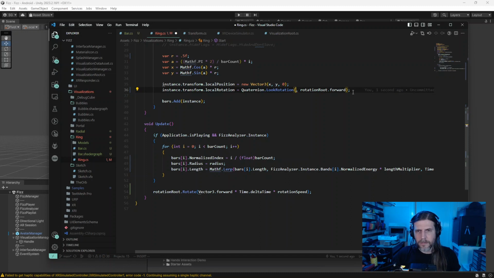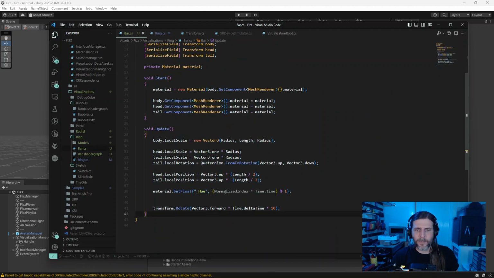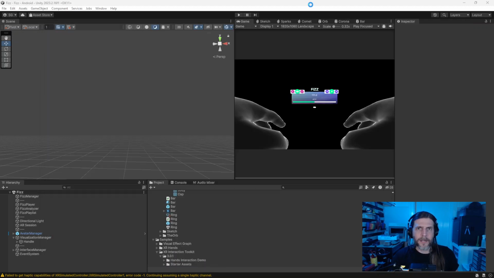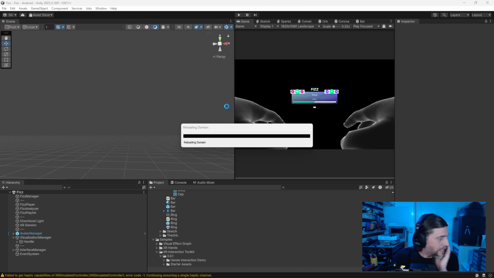local rotation. I don't know if I did that correctly. Probably didn't. But while we're at it, let's make this way too fast. That should be additive, by the way. Okay. Fix, oh my gosh, how's it going? Yeah, that is